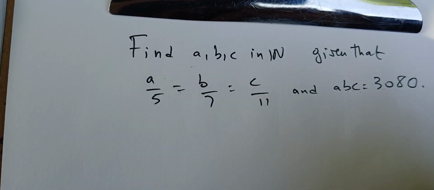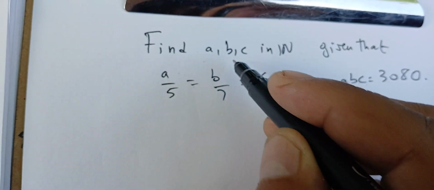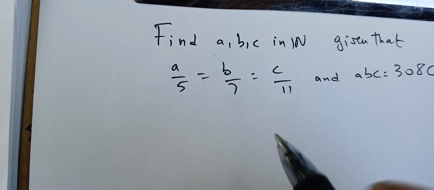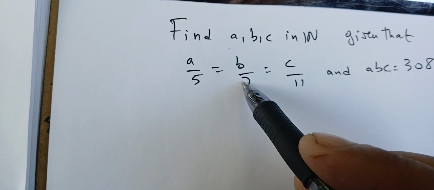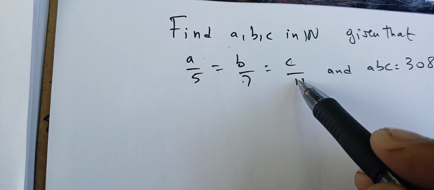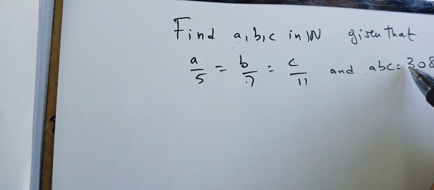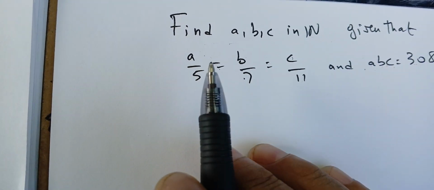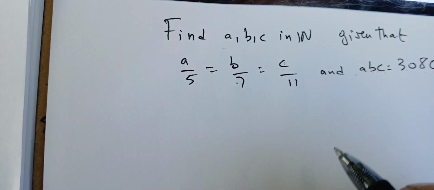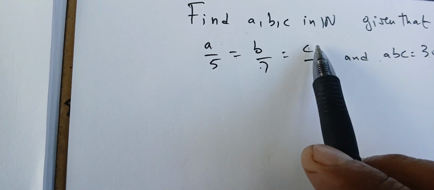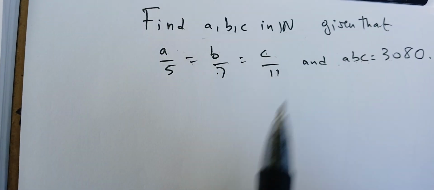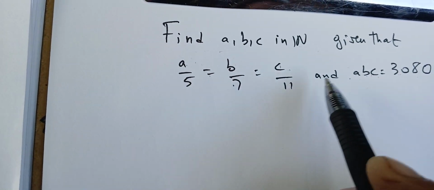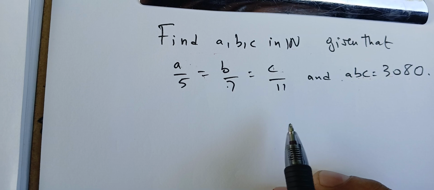In this question, we're going to try to find a, b, and c positive integers such that a over 5 is equal to b over 7 is equal to c over 11, and a times b times c is 3080. So the question that we're going to try to get is how can we link the a, b, c values with the product? Okay, so before we start, how can we make this an easy system or an easy